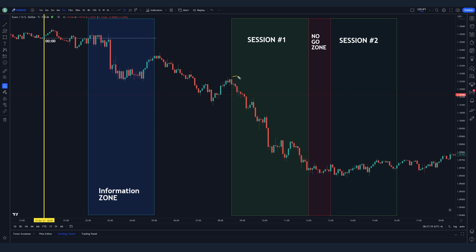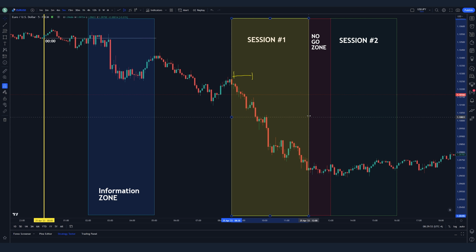From 8:30, when the news embargo drops, to 9:30, you have your pre-market hours where you either get your confirmation for the direction or you don't. If you don't get confirmation, it's okay, tomorrow is another day. But if you do, that will be the best place to find your position. And if you enter the market, you keep your positions up to 12 o'clock when the lunch hour starts.